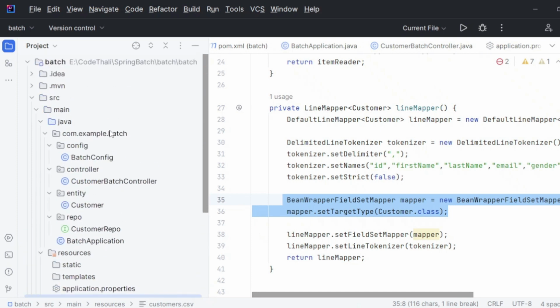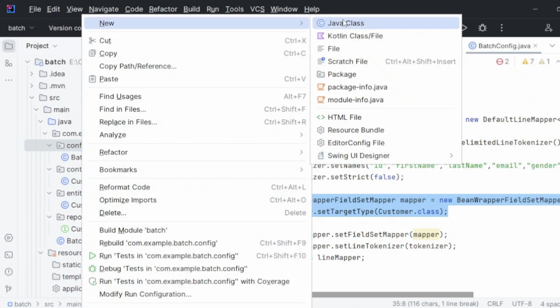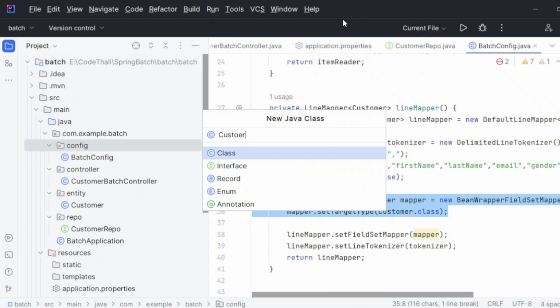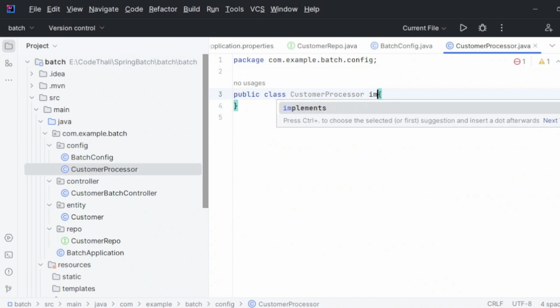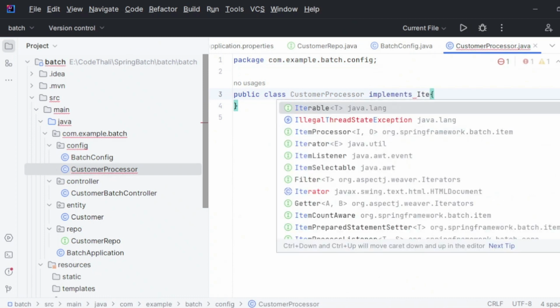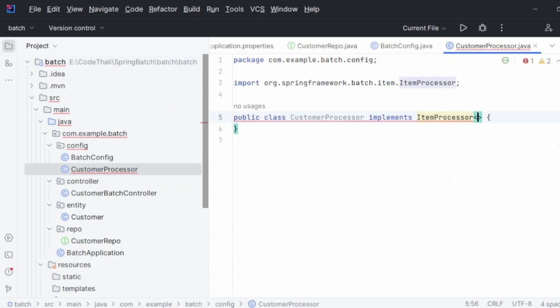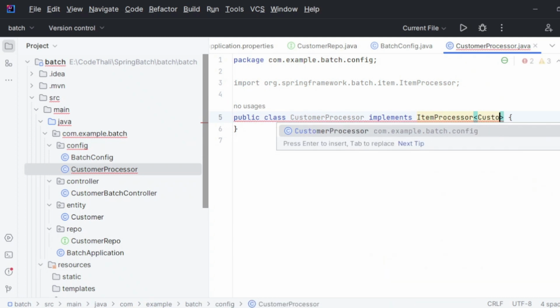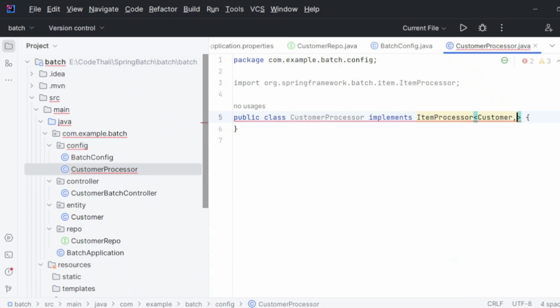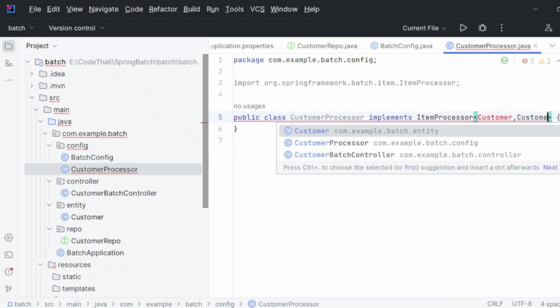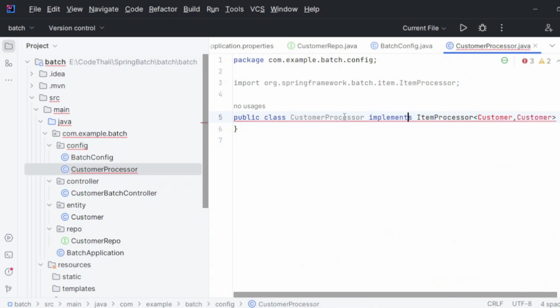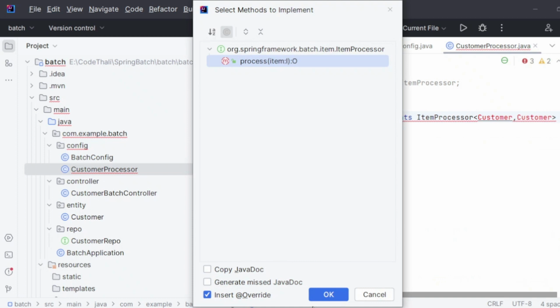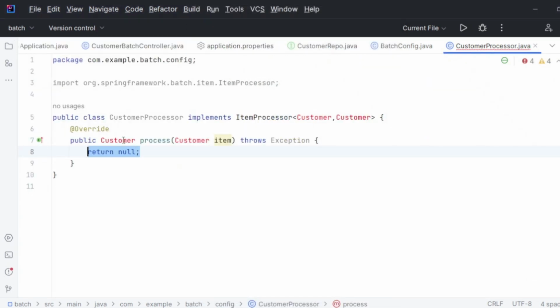For that purpose let me create a processor here. Let me take customer processor, which is going to implement item processor. Now you could see item processor is coming from Spring Batch, right? And we need to define inbound and outbound, okay. Customer comma customer. Now it is asking us to implement one method,